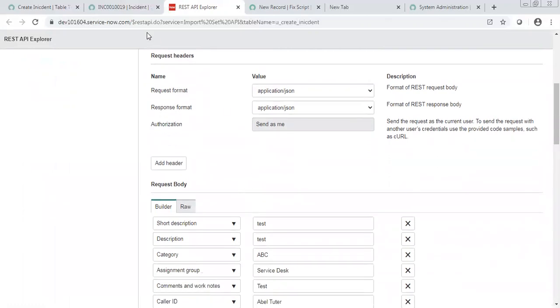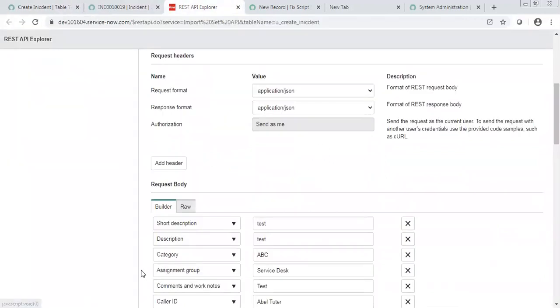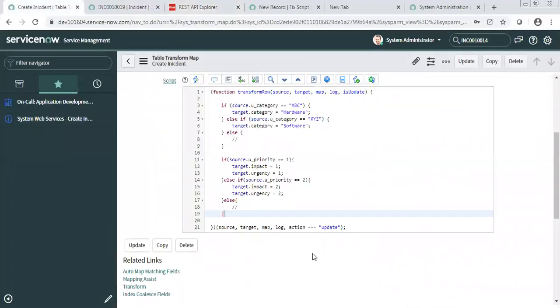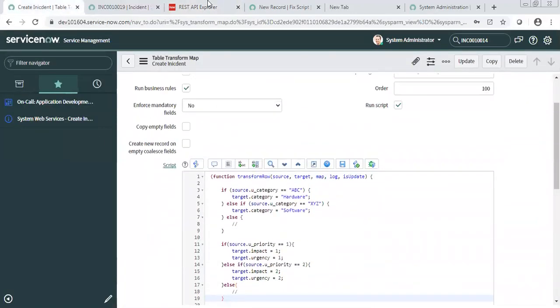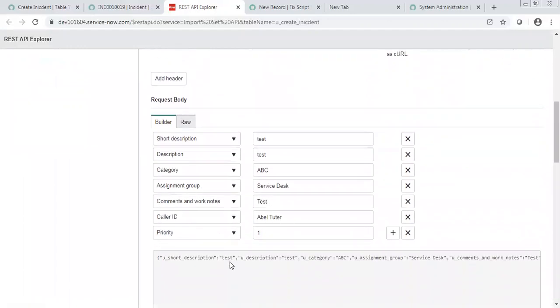Yeah. So see, if I am developing my API, I am developing the API side by side and testing side by side. That's what we were doing, right? We were developing our API, making a change, and then testing it. Side by side, we were doing both things. So that's why ServiceNow has provided you REST API Explorer.